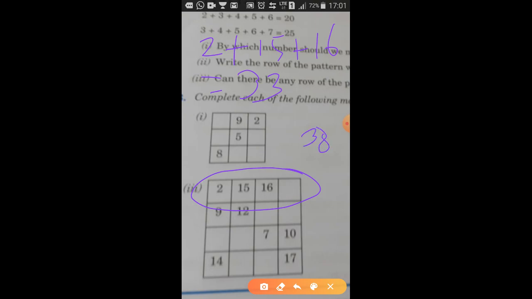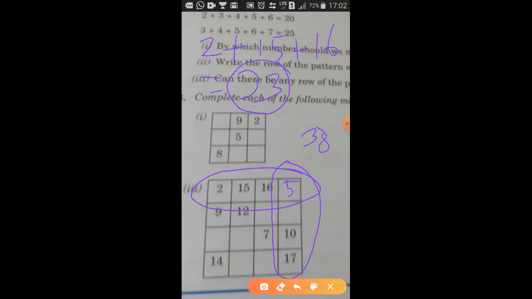Okay, so how much do you need to add to 33 to make it 38? You need to add 5 to it. Understood? You need to add 5 to it to make it 38. And then which is the next set of boxes which we will look at? We will look at this set of boxes where 3 pieces of information are given.